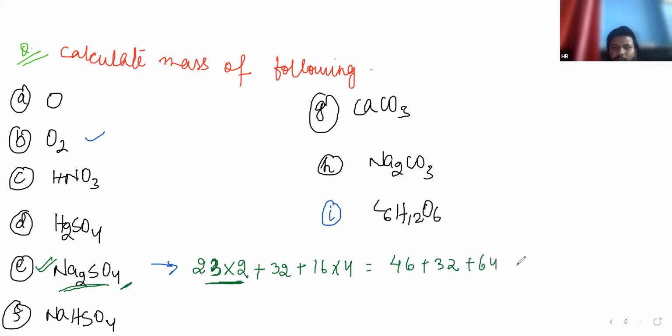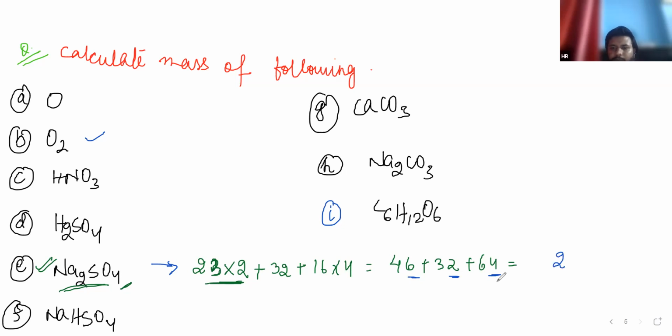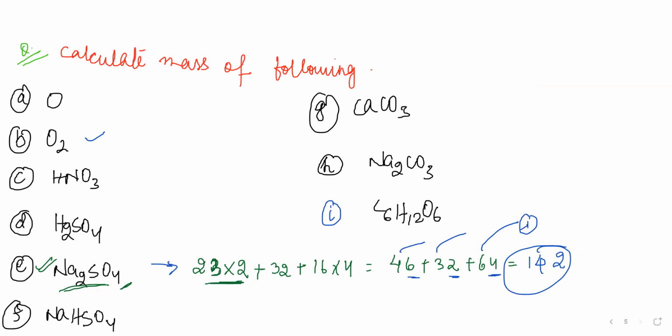That will be equal to 142. You can add up 4 plus 2, 6, 6 plus 6, 12. 1 plus 6, 7. 7 plus 3, 10. 10 plus 4, 14. 142. It's easy or not, Arsalan? Now you can solve all this because you know atomic masses of everything from these questions. As I got it, you are on B.